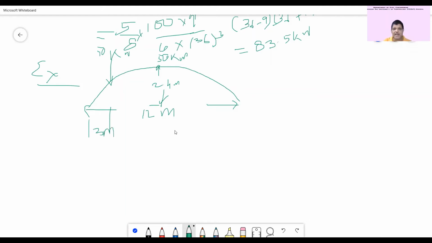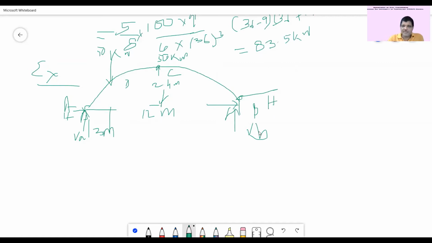So you can find the value of. Let it be A, B, crown C, and this is D. So this will be your HA, horizontal reaction H. This will be VA, vertical reaction here. This will be vertical reaction here, VB, and this will be the horizontal reaction H here, or HB, what you say, H will come here.